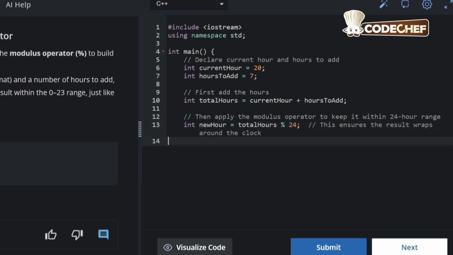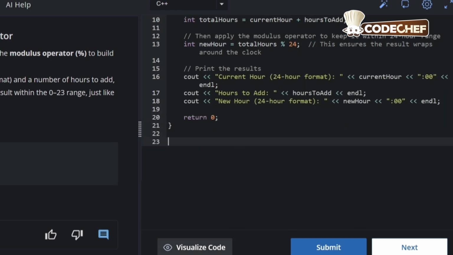Now we are going to perform the modulus operation. For that we have declared a new variable, int newHour. So int newHour = totalHours % 24;